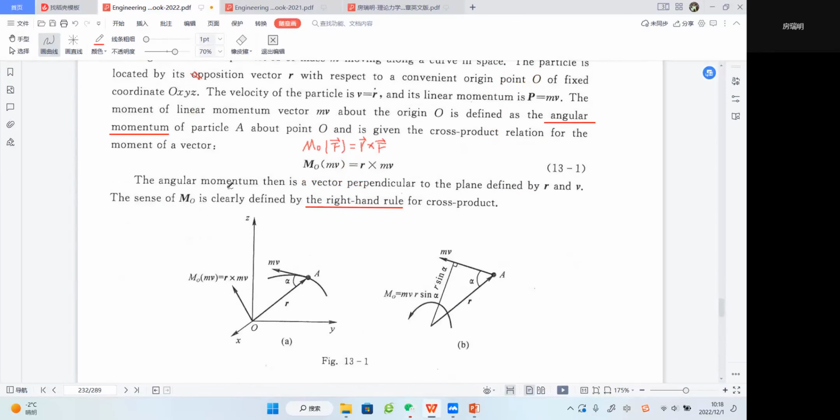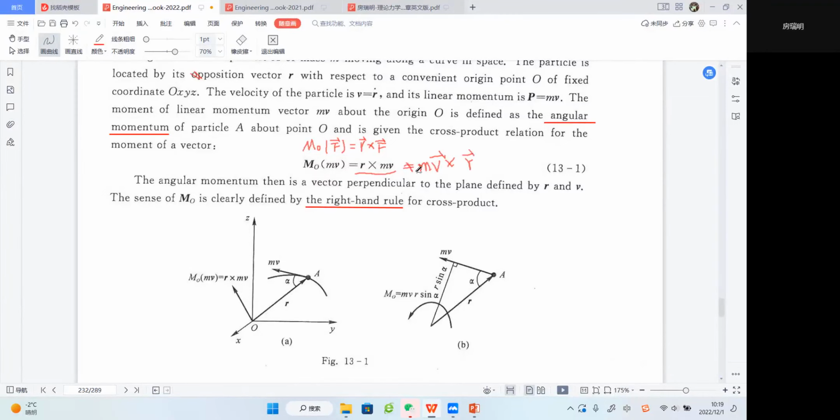So the angular momentum is a vector perpendicular to the plane defined by R and V. These are two vectors. Actually, this is a mathematical knowledge point, right? The sense of M0 is clearly defined by the right-hand rule for the cross product. So we should pay attention to the sequence of this cross product, because it's not equal when we change the sequence. If we try to use mv cross R,